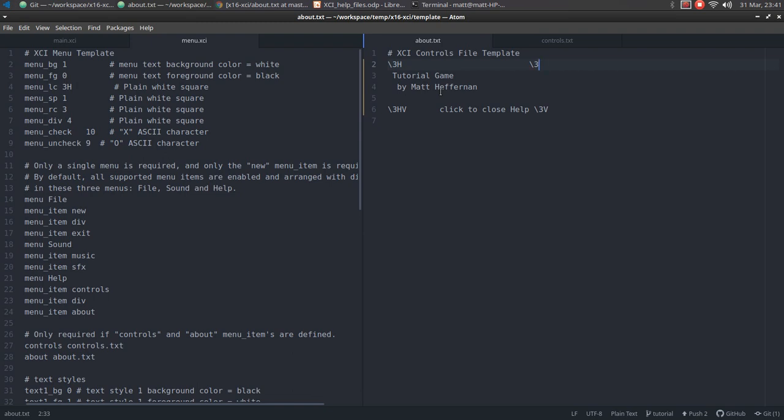Now, if you remember back in the previous video, we used tile 3 for the corners of that menu. And you can see over here, LC and RC use 3 and 3H. And that gave us those nice rounded corners at the top of the screen. And so we're making use of that same look here to not just have those squared off corners. And so let's take a look at